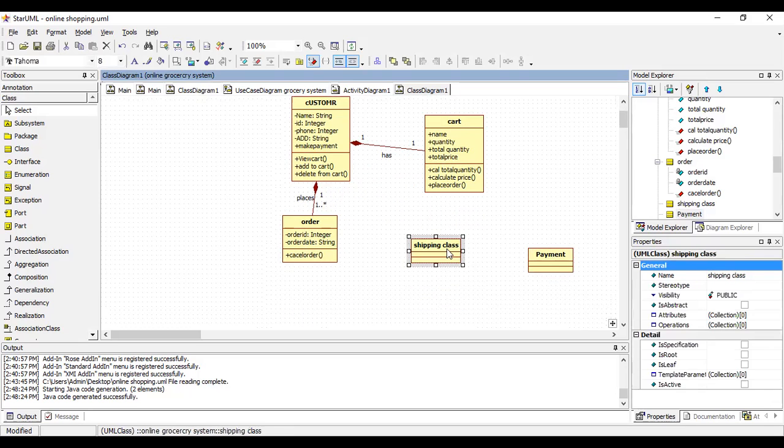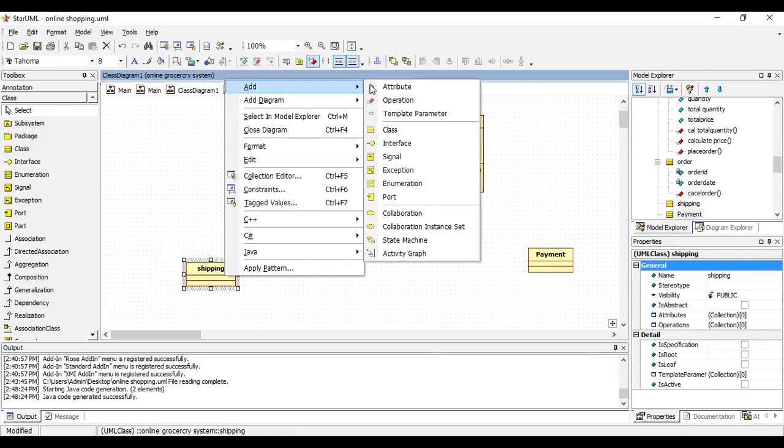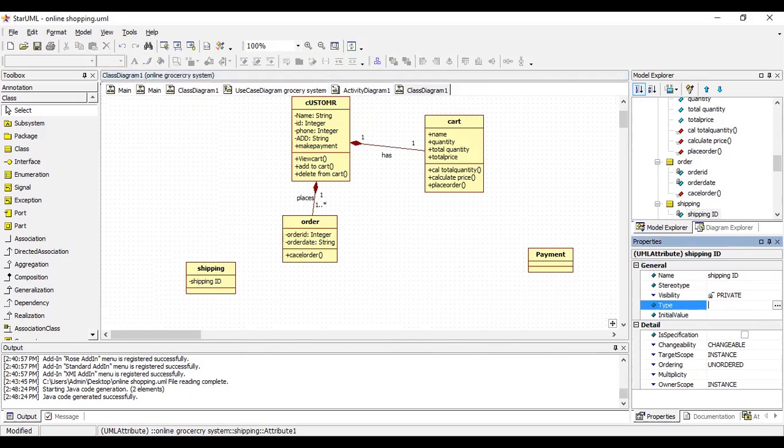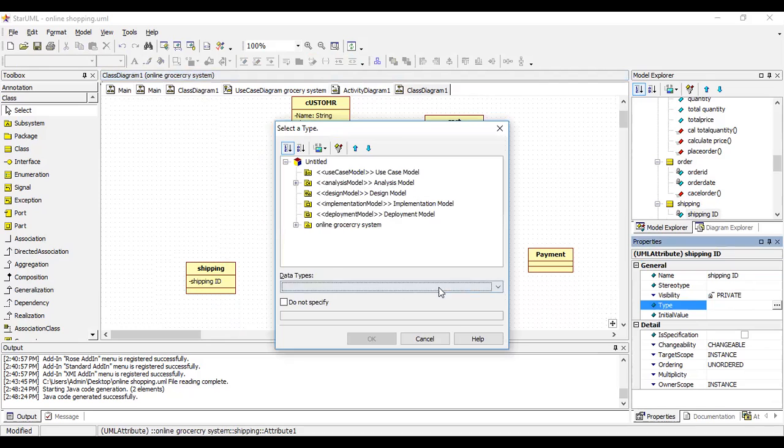For the shipping class, we have the attributes like shipping ID. Make it private, specify the type, make it an integer,